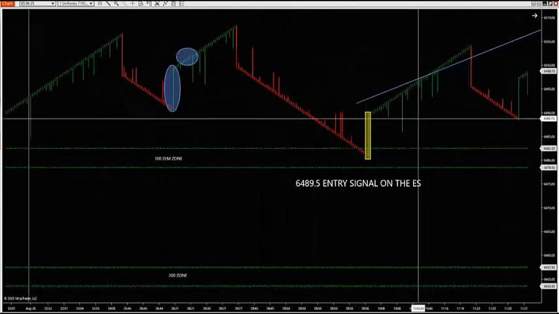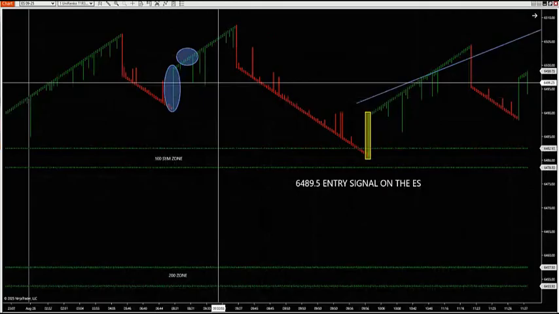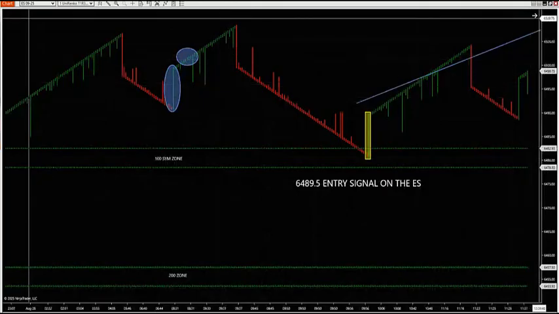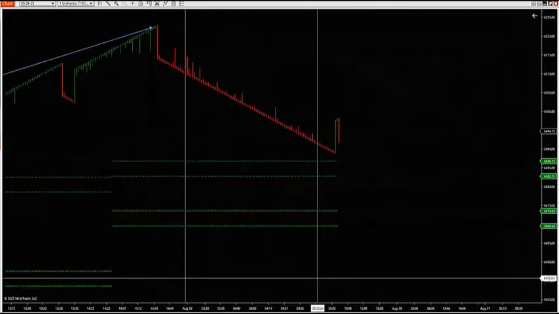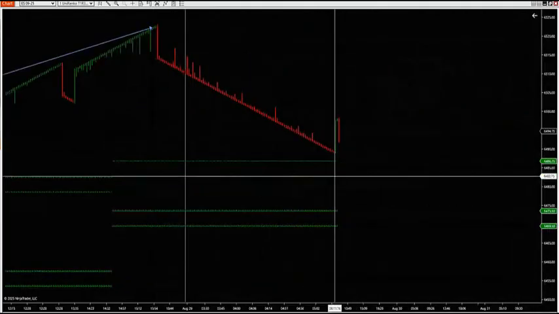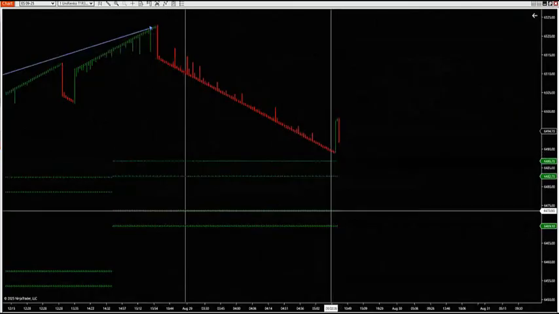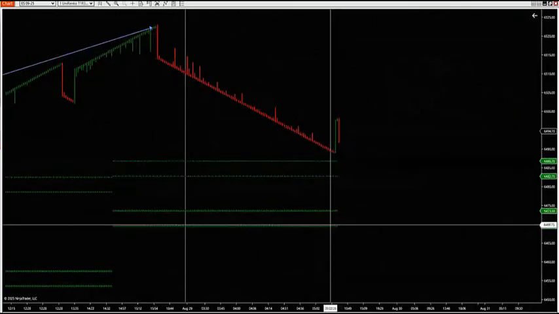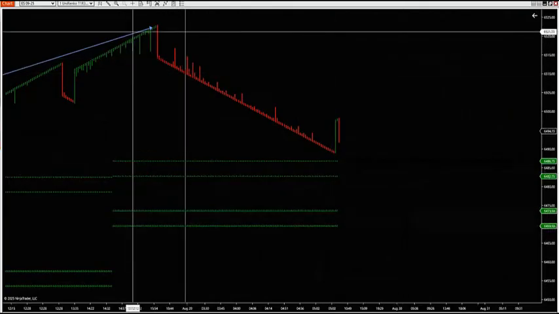So that was our projection yesterday here, and it came right down to it, and it rallied 32 points, an hour and a half heads up. So we're going to do the same thing today. We know exactly where our reversal zone is. Our reversal zone is between 82.5 to 86.5, 69.5 to 73.25.